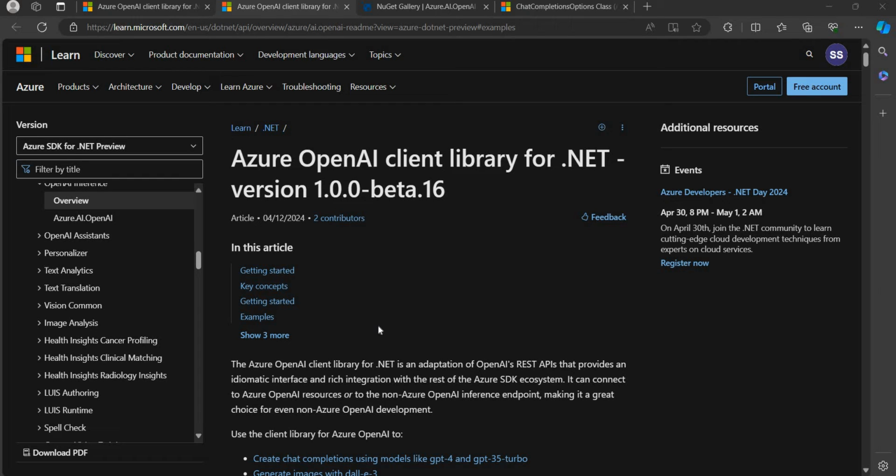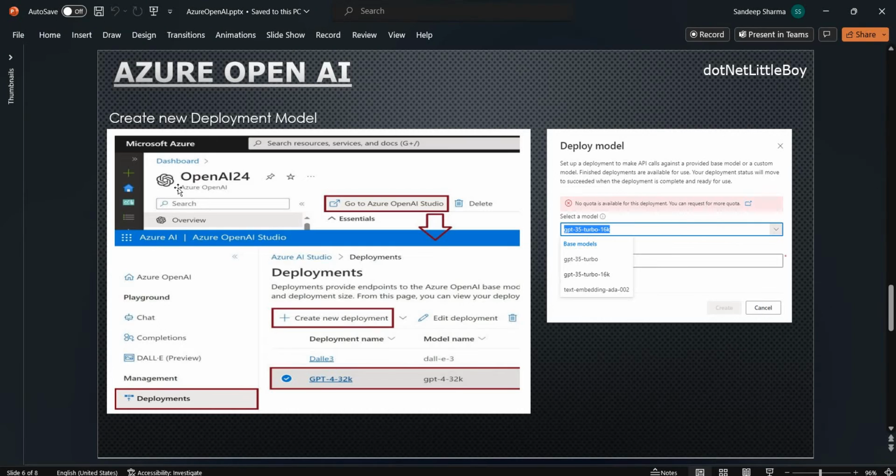Hello everyone. In this video, we will create the console application using the Azure OpenAI. Before we create the console application, I assume you have created the Azure OpenAI service in the Azure cloud and you have deployed the models here. As in the demo, I am using the GPT-3.5 Turbo 16K. That model I have installed in my trial instance,